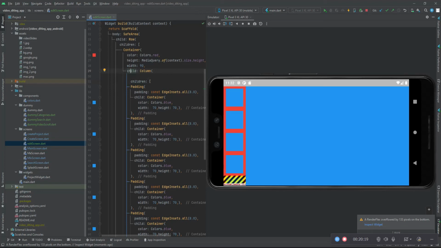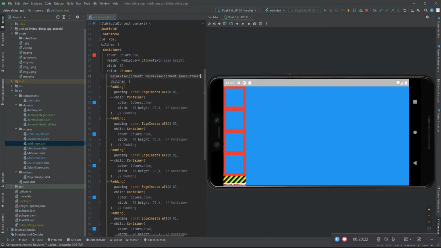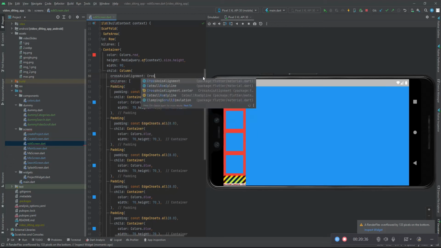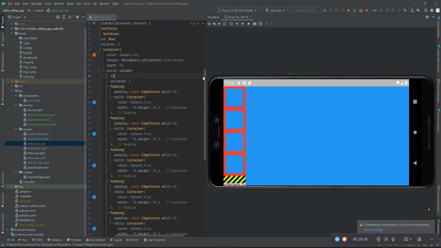Let's see. All right, so it's still not working, right? So let's see the cross axis, cross. Okay, whilst it is not working, the children shouldn't be,